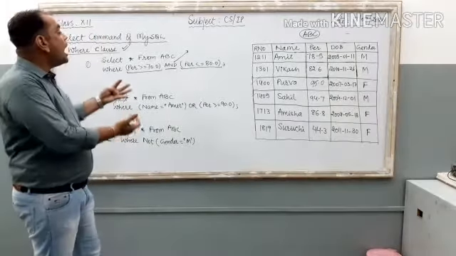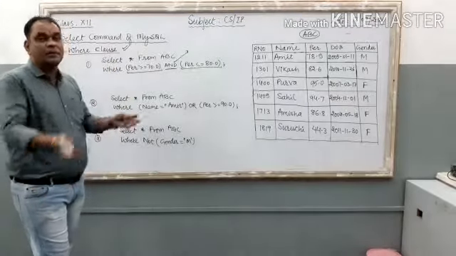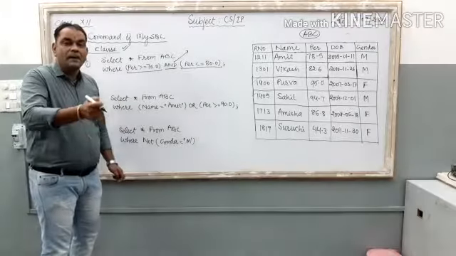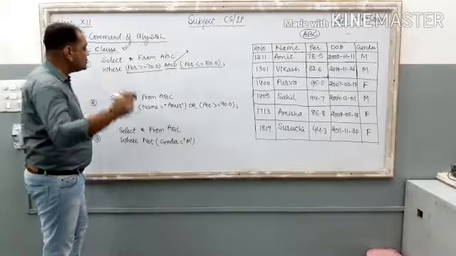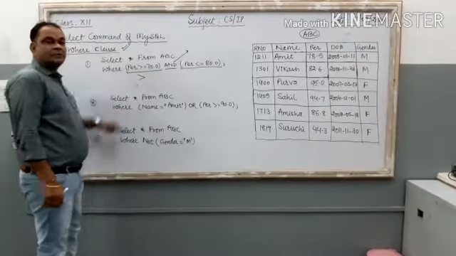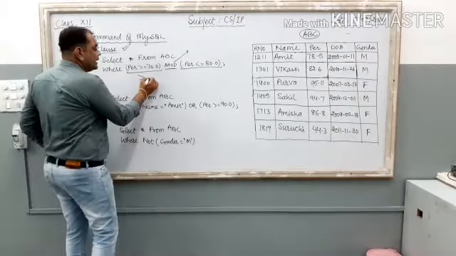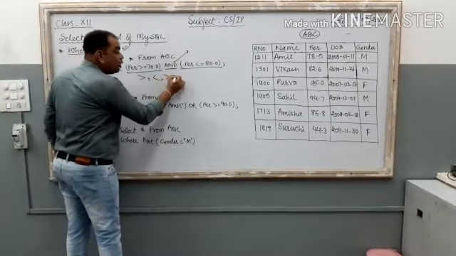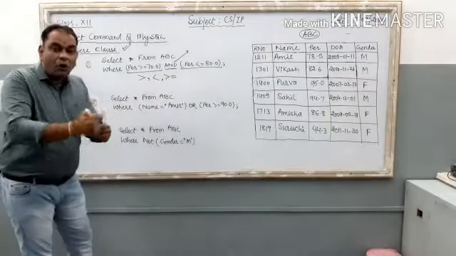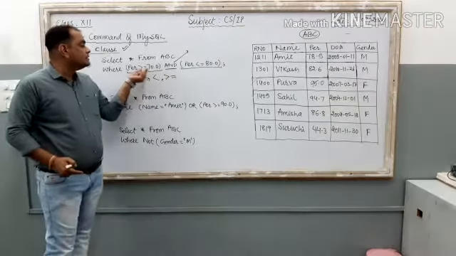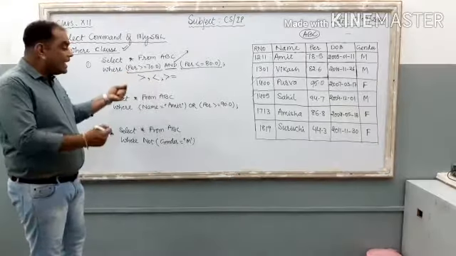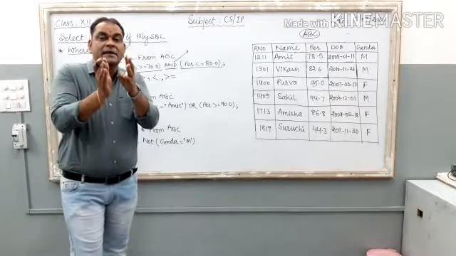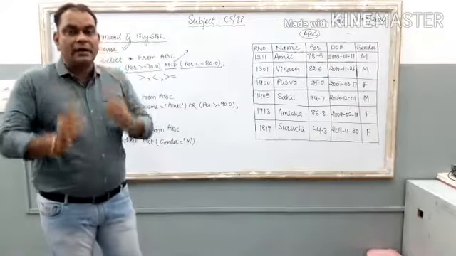Clear? Now what are the relational operators in MySQL? In the previous video also I told you, if you want to know how many relational operators you can use with the where command, just check it out. Greater than, it is known as the greater than symbol, right? Then the second one is less than, then the third one is greater than or equal to. The same symbol is there in this condition. Percentage is either greater than or equal to 70, meaning the exact percentage 70 is included, right?